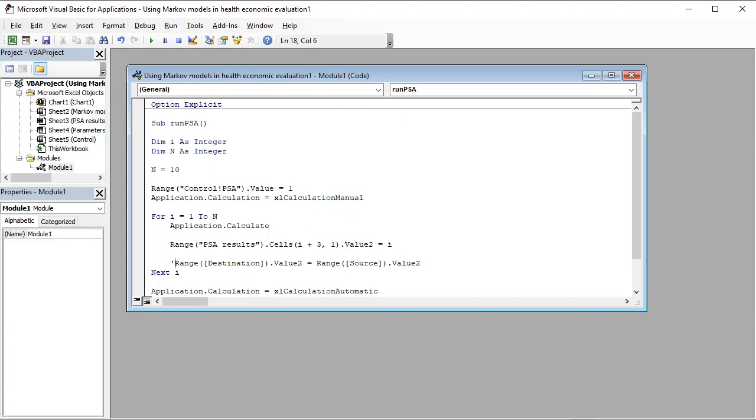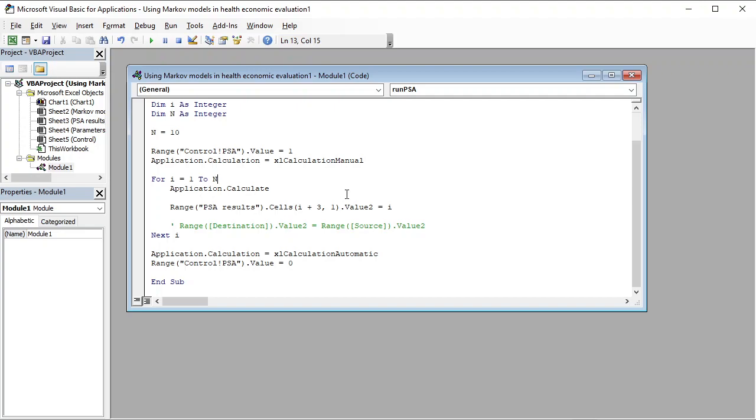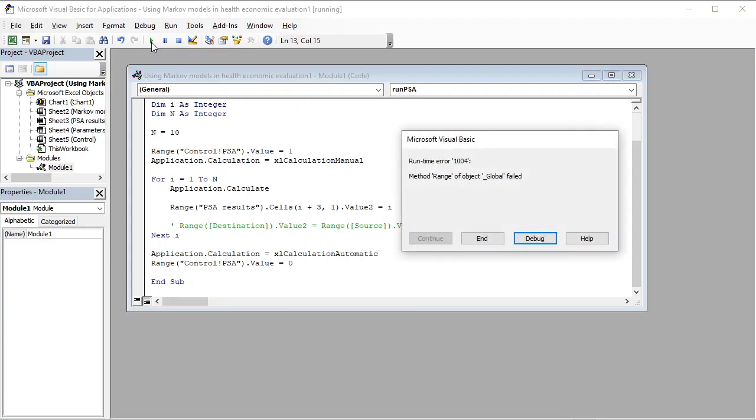And I'm just going to comment that line out so you can do a single quote, and that will mean that Excel ignores the rest of what's on that line. Now, hopefully, when I run this, it's going to do the numbers 1 to 10 in that first column like we want. So,